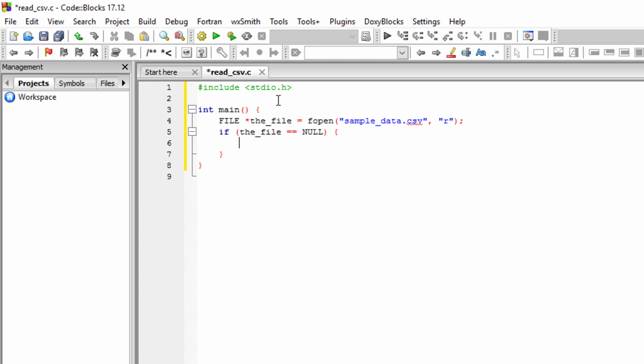So if we cannot read the file, let's display an error message. Error: Unable to open the file. And then exit the application. Now if there is no problem opening the file,